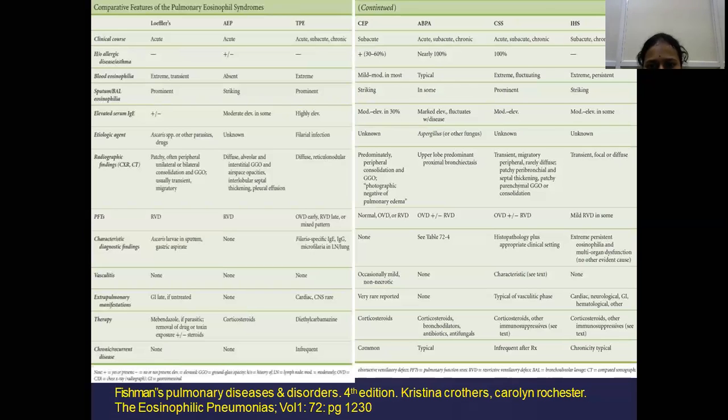Migrating pulmonary infiltrates also seen in ABPA, and rise in serum IgE of more than 1,000. Rise of serum total IgE markedly elevated in ABPA. And skin prick test is positive for Aspergillus species and rise in peripheral blood eosinophilia. These are classical